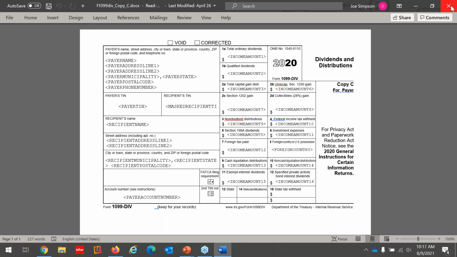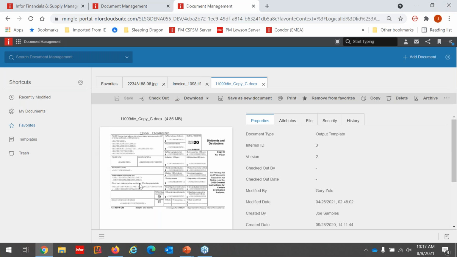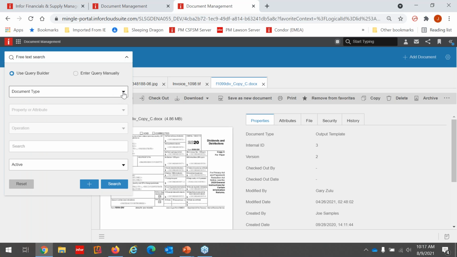And then more than likely, if there's any reason why I'm here in document management to begin with, it's probably because somebody reached out to me. So then I can download it and then email it off to that individual to bring that task to closure. So document management is a really powerful tool that allows you to come out here at the very top and